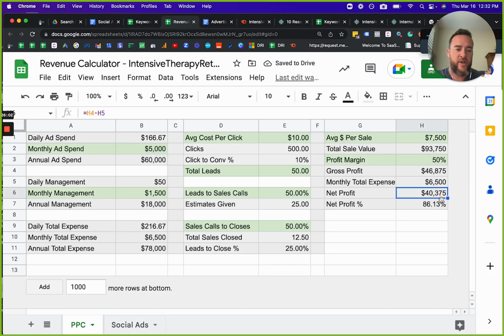Not only are you generating a ton more revenue, but the overall percentage of the net profit is going up as well, which is extremely important to consider, is that we are more built on the statistical side of the business. We're not just looking to tell people to spend more money to make more money. We want to know exactly what the projection is. So that is what you're looking at if you add more budget to the situation.